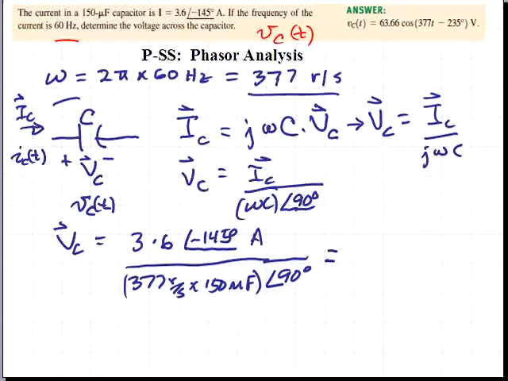This is equal to 63.66 at a phase angle of minus 235 degrees. And the units